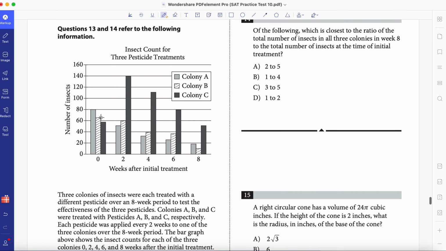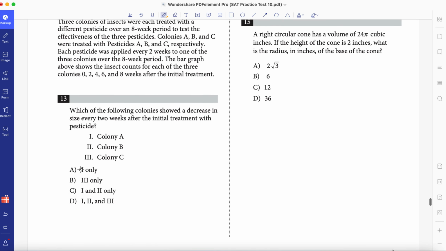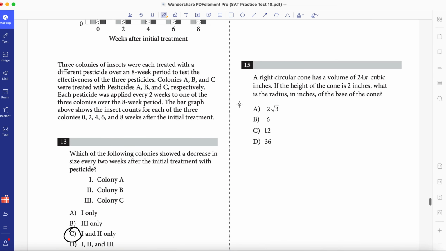For B, it was here, and then it went here, and then here, and then here, and then here. So it's always consistently declining. But C went up, and then it started going down. So the answer for this one would just be colonies A and B, which is option C. And then for the next question, it would tell us